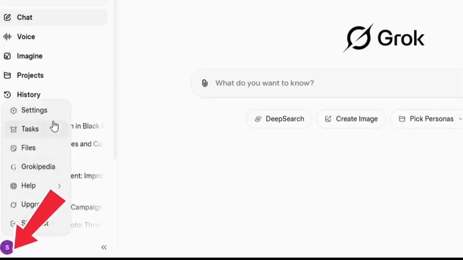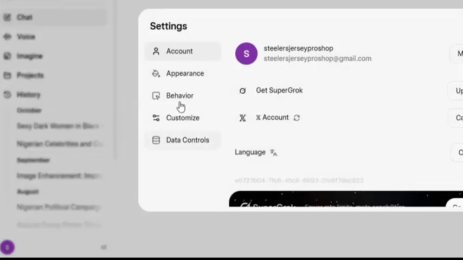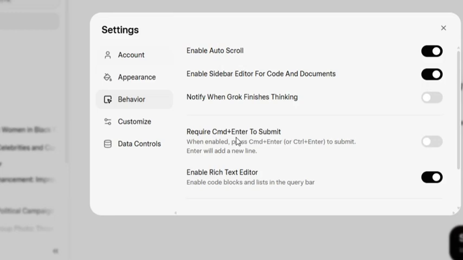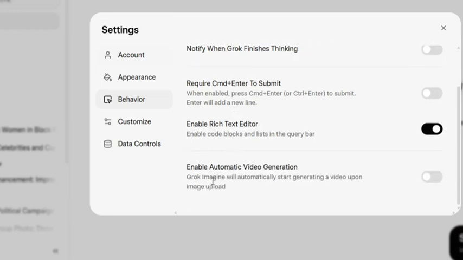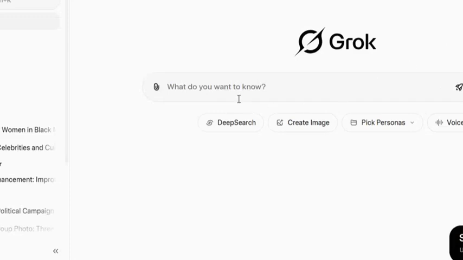When you click on your profile, you come to settings. When you click on settings, the next thing you are going to do is to click on behavior. Now, when you click on behavior, you scroll down. When you scroll down, you are going to see enable auto video generation. Make sure you turn it off. If yours is on, make sure you turn it off. And after you turn it off, the next thing you are going to do is to come to Grok AI